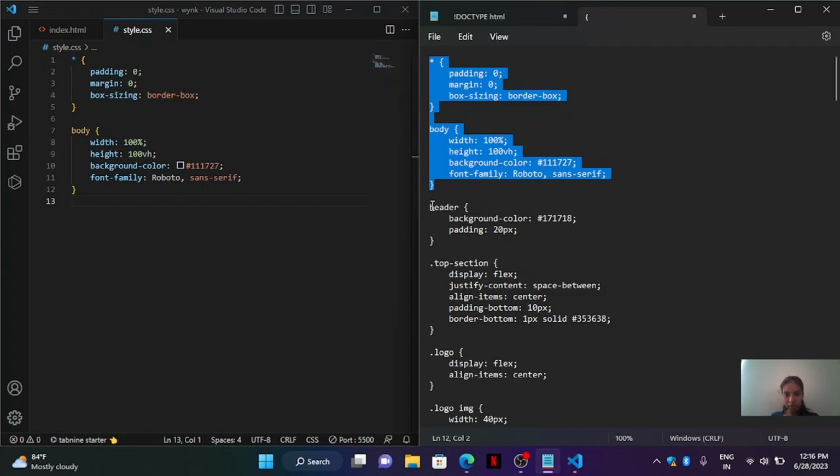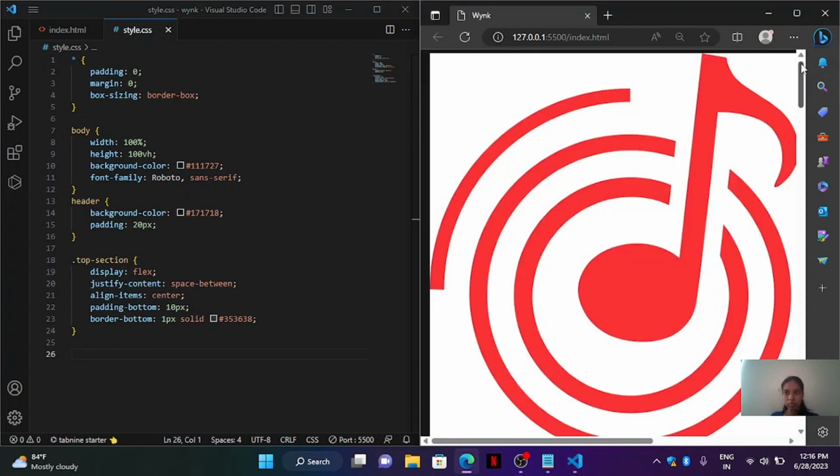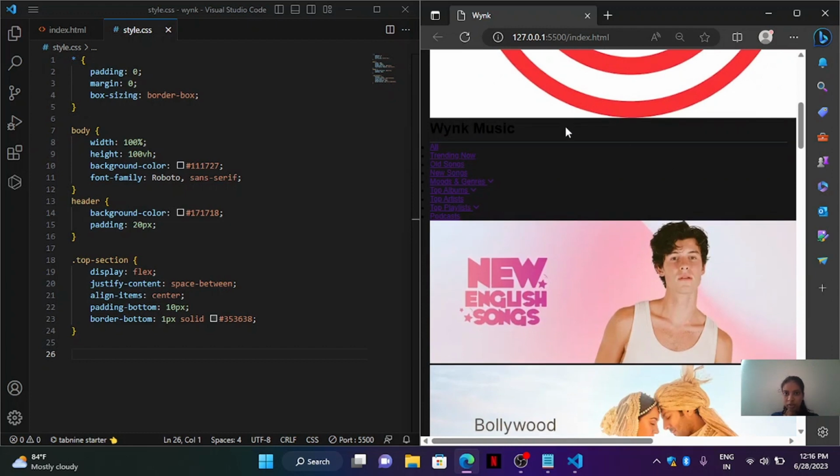Next for the header section. In the header section we have given background color as you can see here, and padding as 20px. And for the top section, display as flex and justify content space between, align items center, and border bottom is 1px, like you can see here, and color as